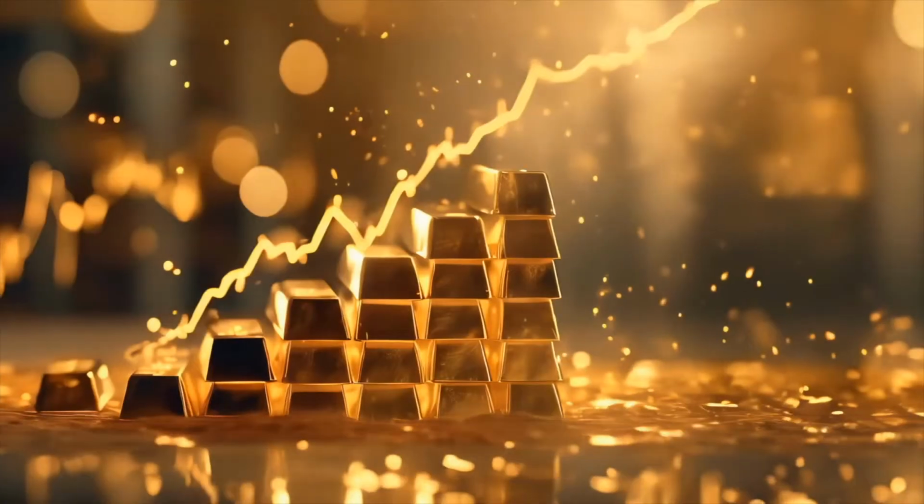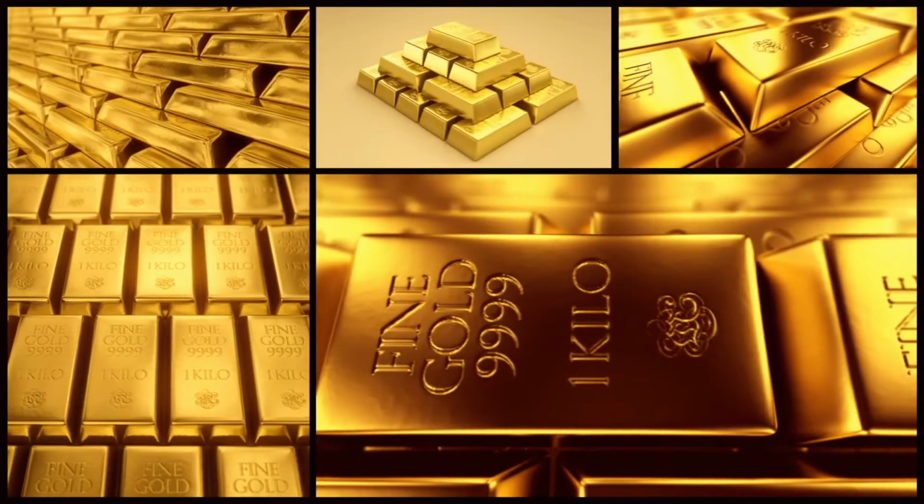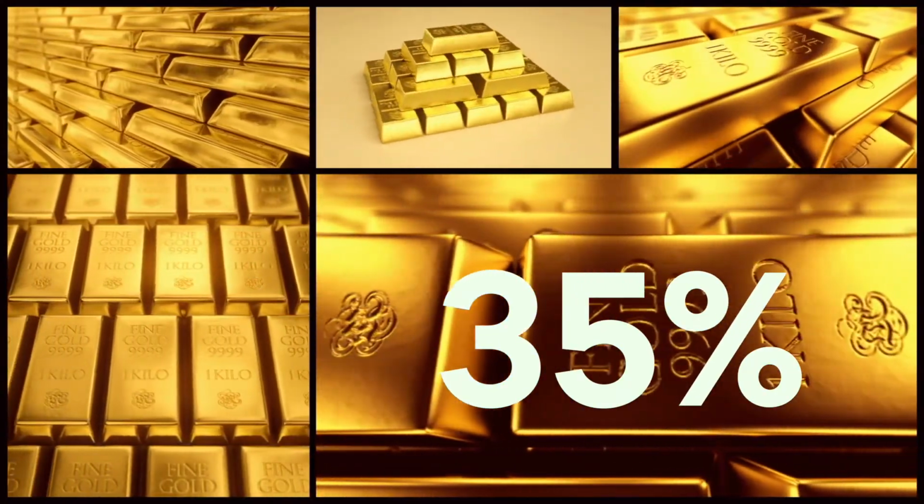So gold just hit another all-time high, likely due to the uncertainty with the US election that's fast approaching and just general global instability. But even so, it's still expected to keep going up in the coming years. It eclipsed an all-time high set just this week, and gold futures surged to over $2,800, which makes gold one of the best performing commodities year to date, up roughly 35% so far, which is outpacing the S&P 500's